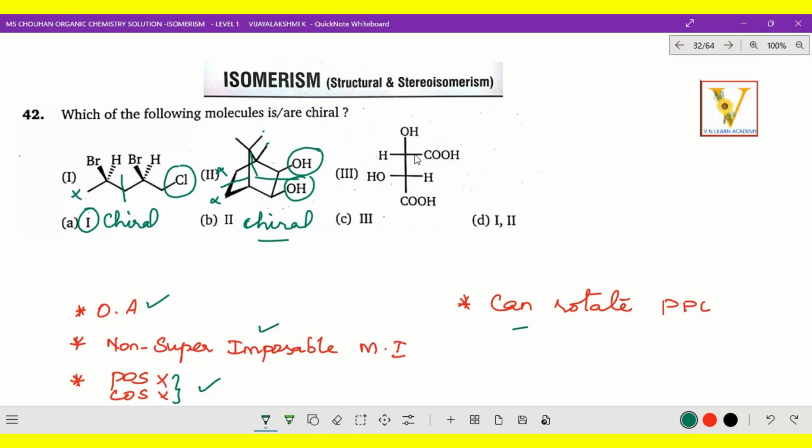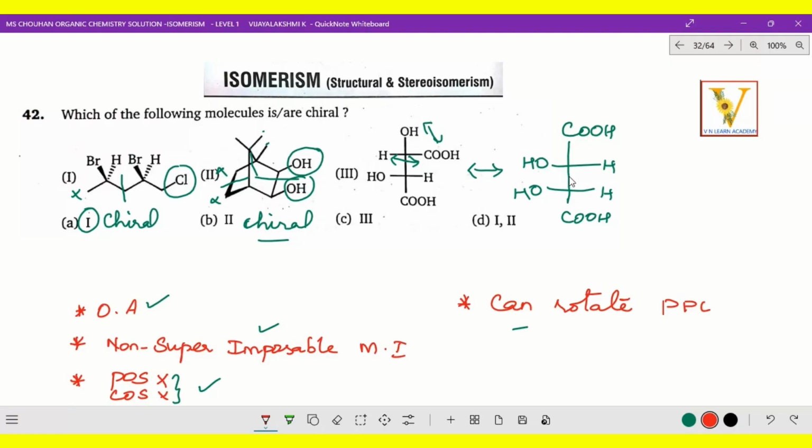Right, now the next one. Here we have OH and HCOOH. This is actually higher priority, so it goes upwards and comes here, and then automatically it changes. So two positions are changing. That means here COOH and here OH H, and here OH H and COOH. So when we change that position, automatically what we are getting?